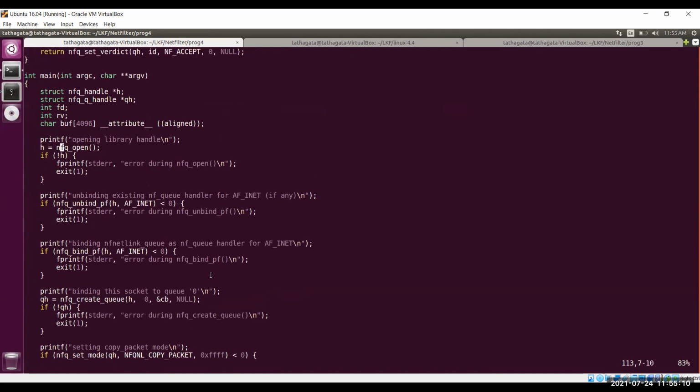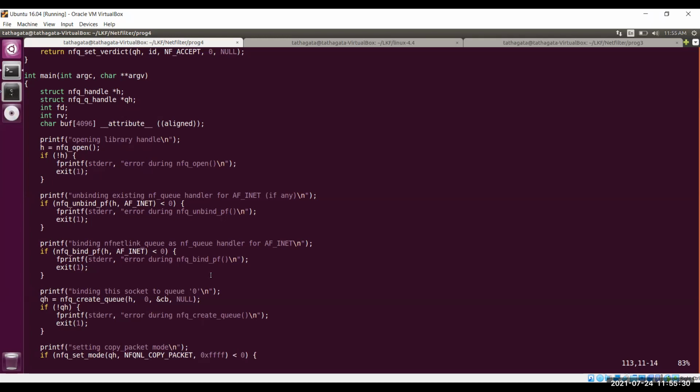This is the NFQ part. Like a socket, you create the socket program. Similarly, if you want to receive any packet from the NFQ, you need to open a handler, and this is what you are doing. For that, you need to have the NFQ library also.